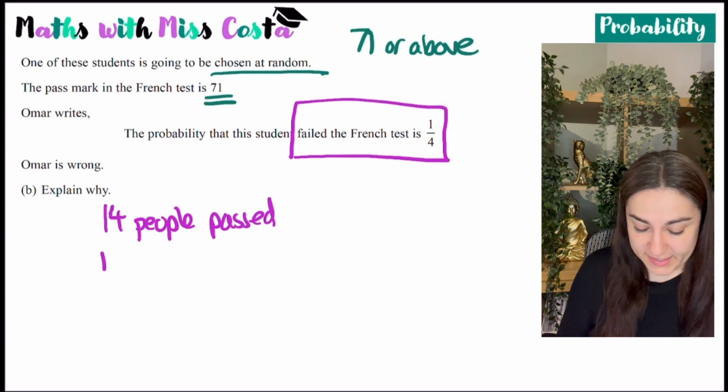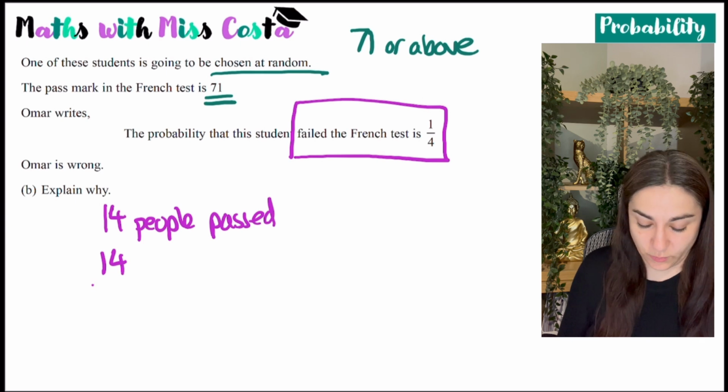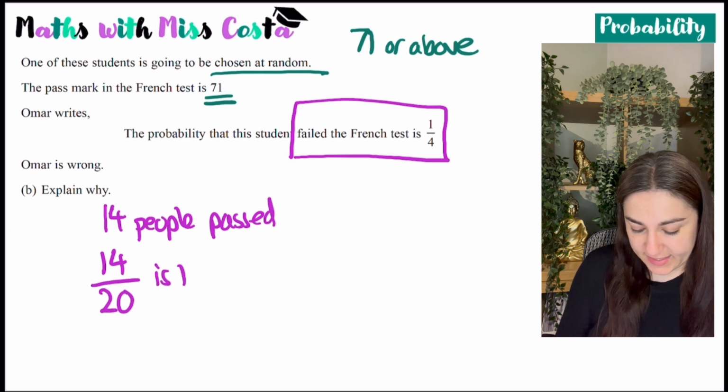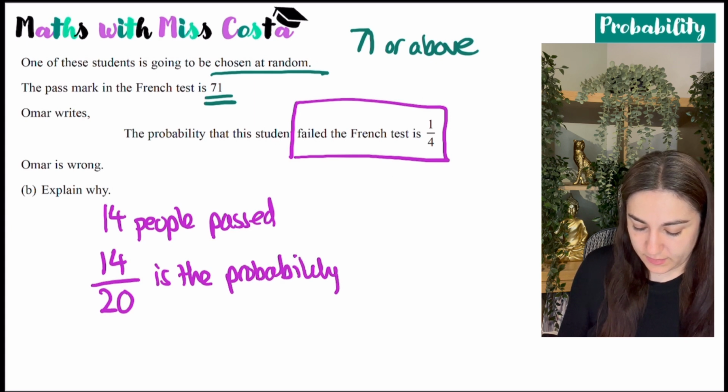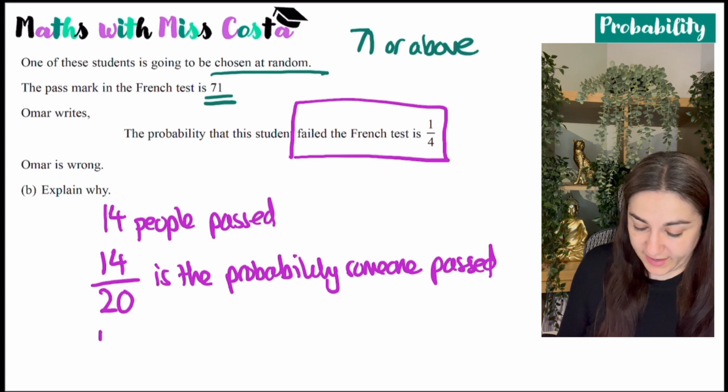To work out probability, you always write the number or amount over your total. So 14 out of 20 is the probability someone passed,